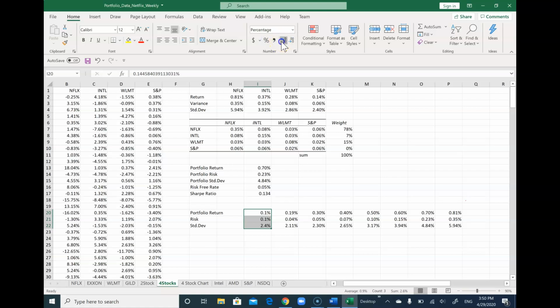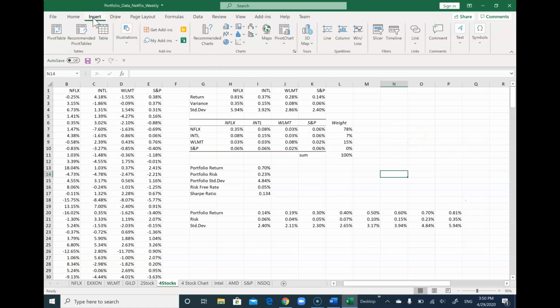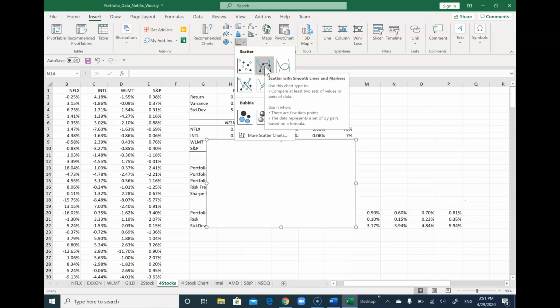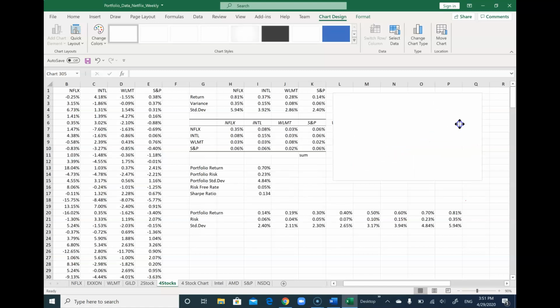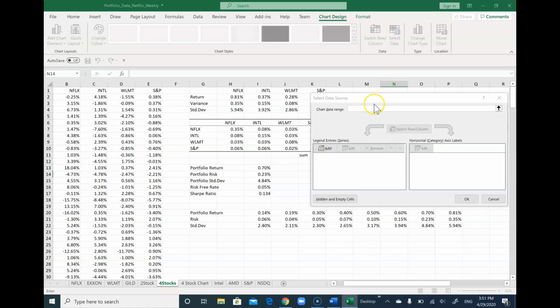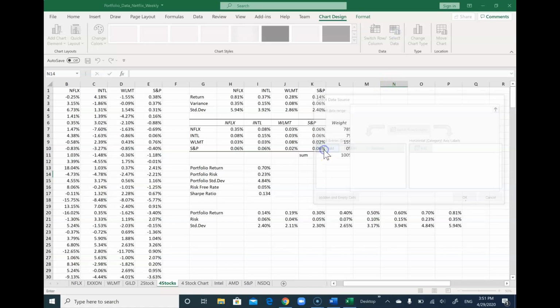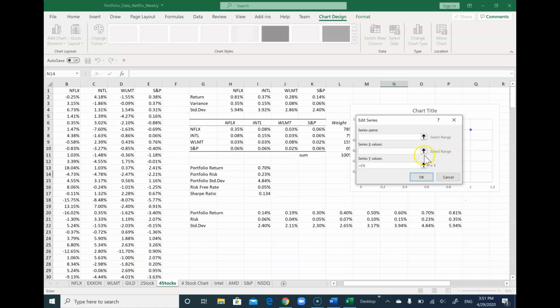Then now we have all the data points that we need to create the efficient portfolio frontier of these four assets. So what I will do is I will go to Insert and Chart. And just like the two asset case, I will choose the scatter plot with the smooth lines. Okay. And I will move it here. Okay. And go to Select Data. And in the data, I will click this and the series X value. So, in case of the efficient portfolio frontier, we always put the risk